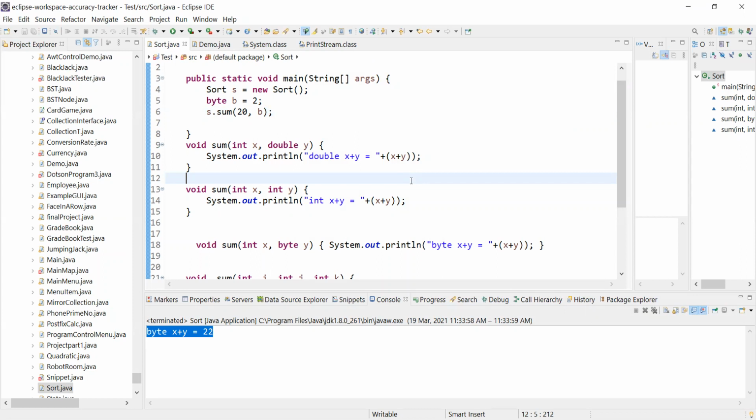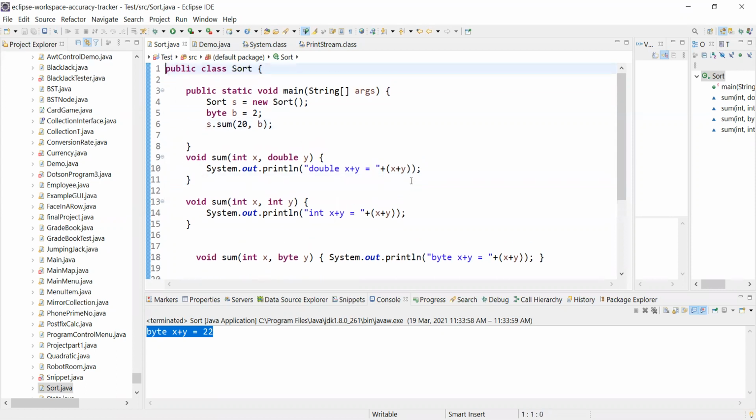Anuj, I have a small doubt. If we define higher data types and we call the lower data type from the main, it will throw an error, right? I'm not getting your question. Can you give me an example so that everyone can have a look? Yeah, in the method definition, we have the higher data types like float and double, and we are calling the int and shorter data types from the main method.